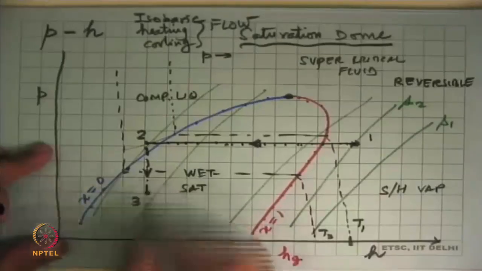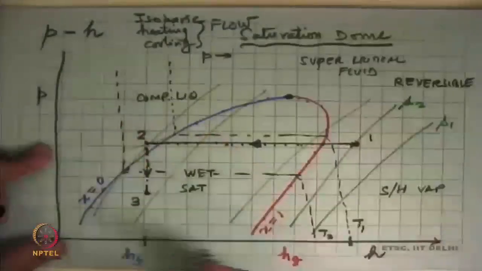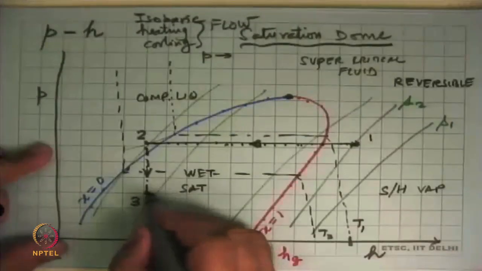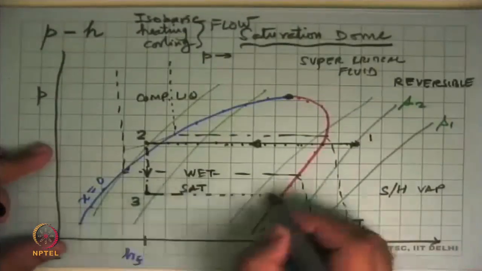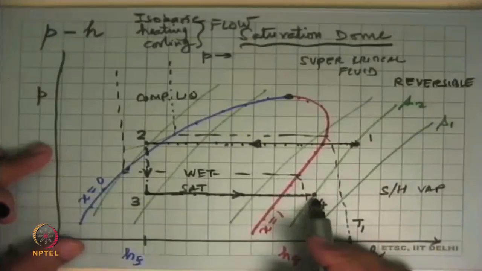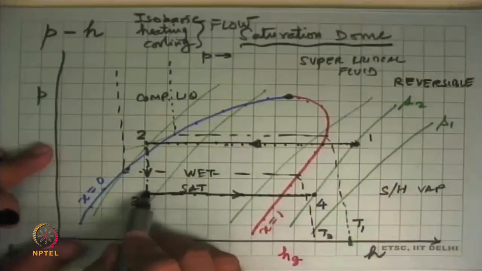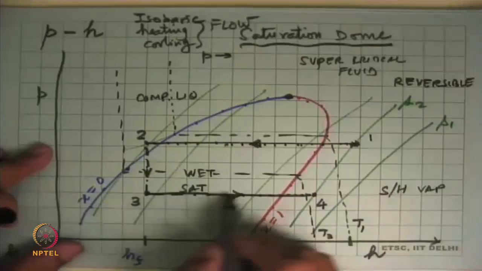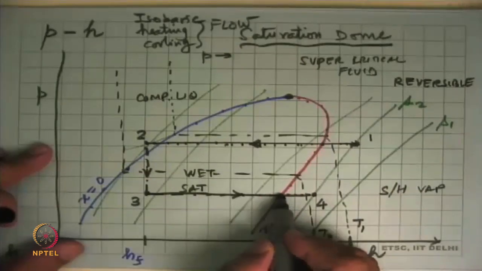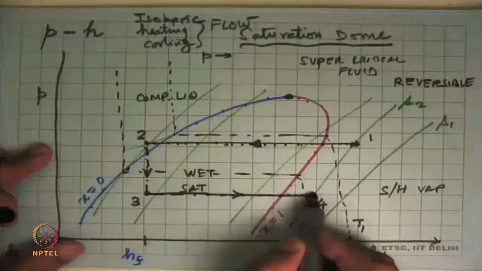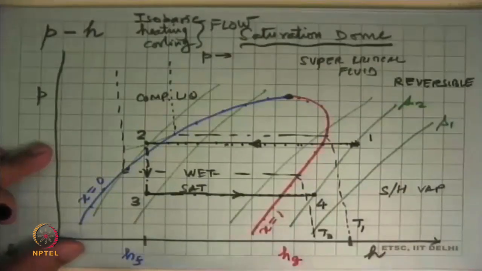It is at this state that the refrigerant enters the evaporator where the cooling takes place and keeps getting heated up. The wet saturated refrigerant kept getting heated, its dryness fraction kept increasing, became x equal to 1, and then became a superheated vapor. That's what was happening. And to complete this